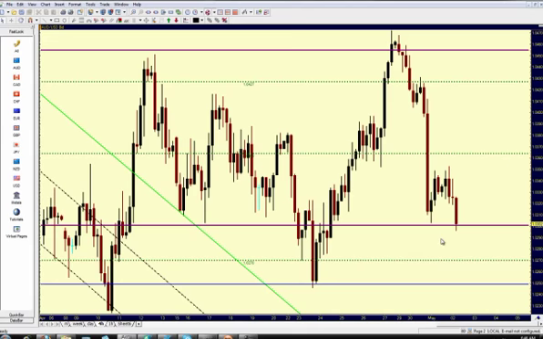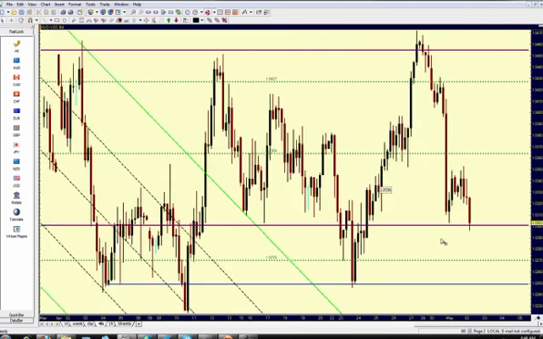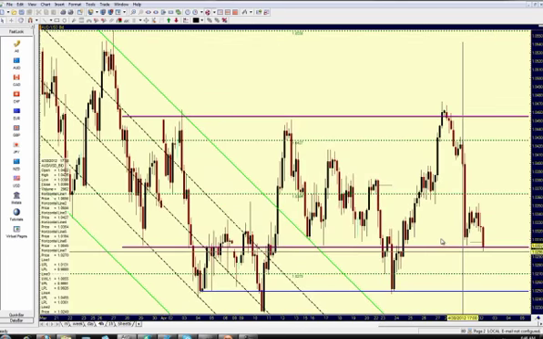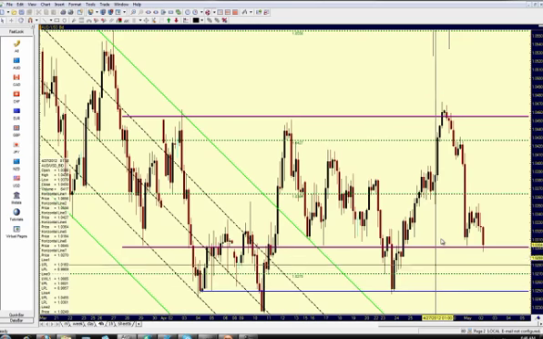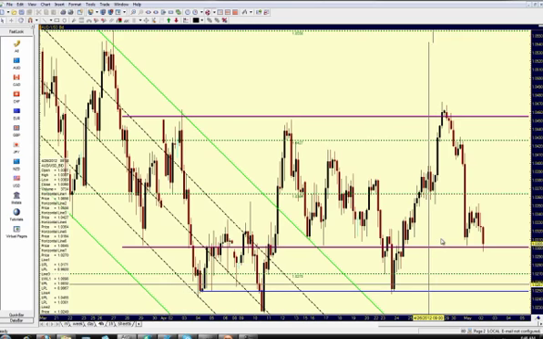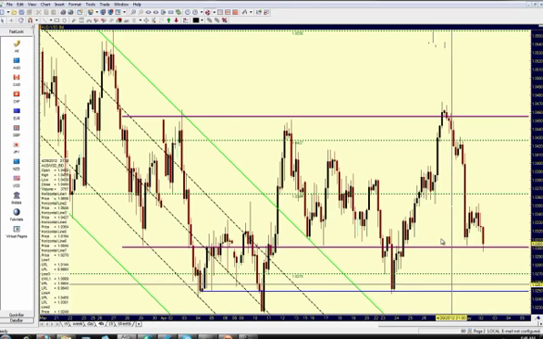As far as our risk is concerned, I don't think it will be that much, but worst case scenario, I'm looking at about 50 pips. The reason is that we are in a demand zone at this point. A demand zone is nothing but 2 demand lines that are relatively close to each other. So you have to respect this whole area here,